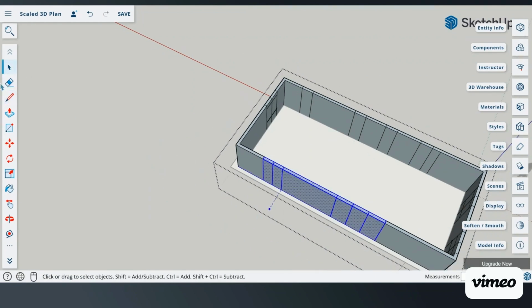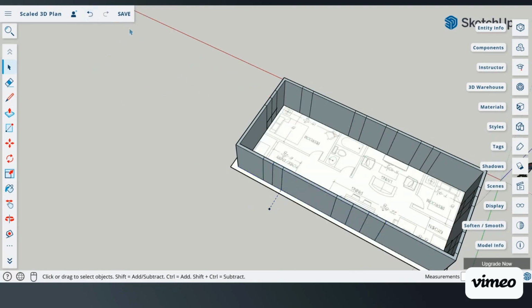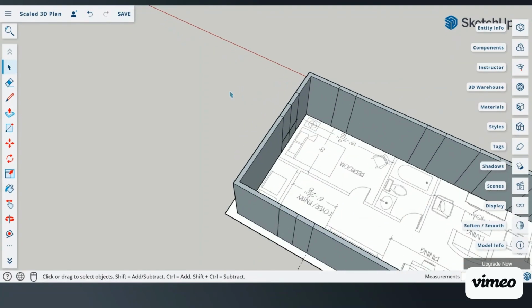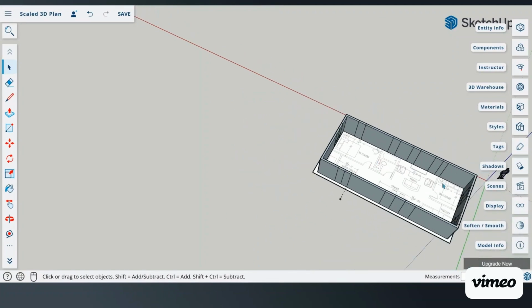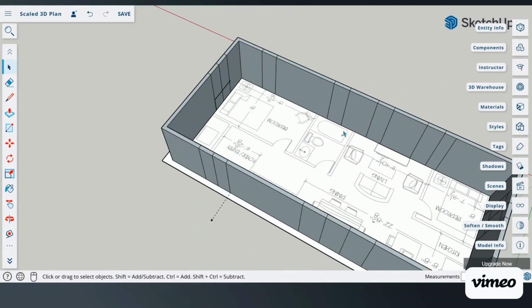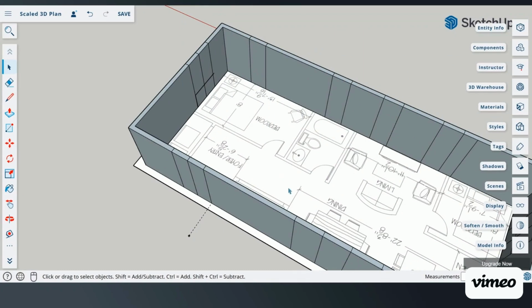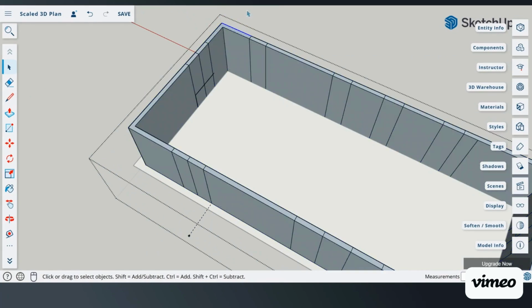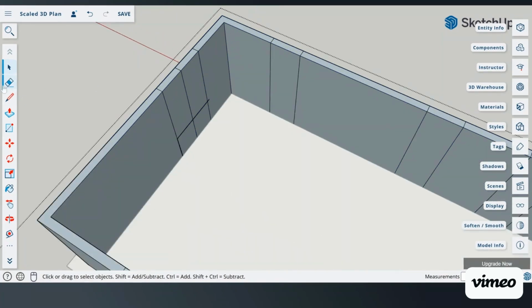If, for instance, you say, oh no, I don't remember what my drawing looks like, it's okay. You can come out of the group so that you can take a look and say, okay, yes, that was the bedroom, that was the bathroom, and these 2 here are going to be my living room. Once you've taken a look at it, you can get back inside of your group, of course, with a double click or a triple click there